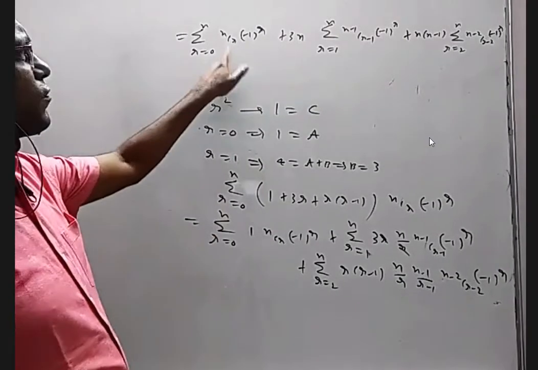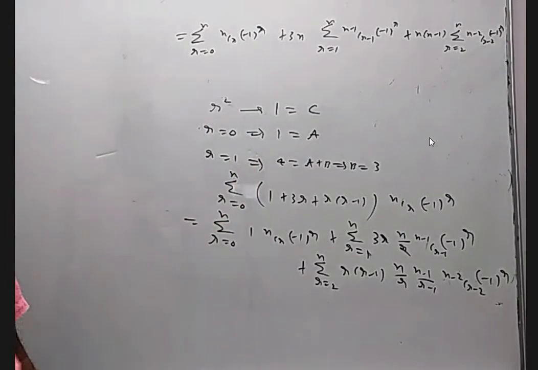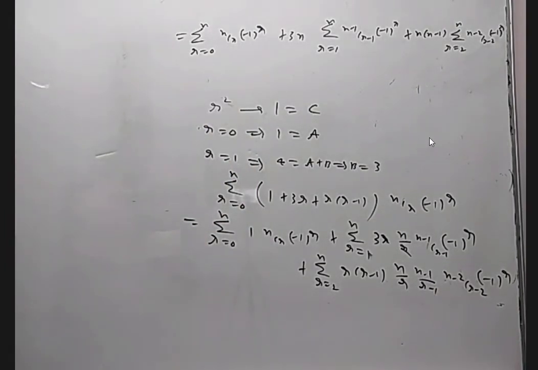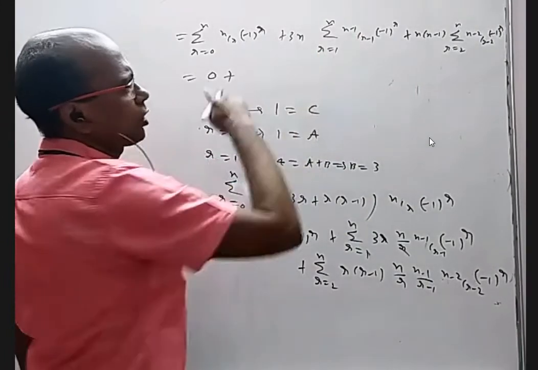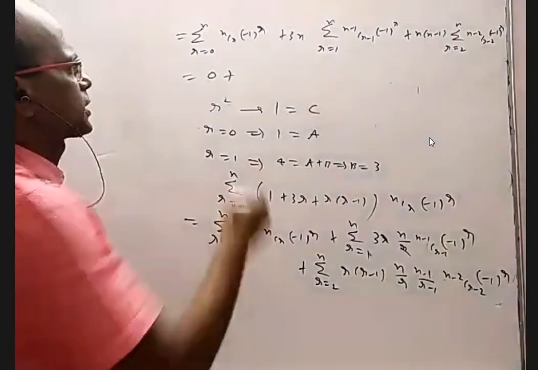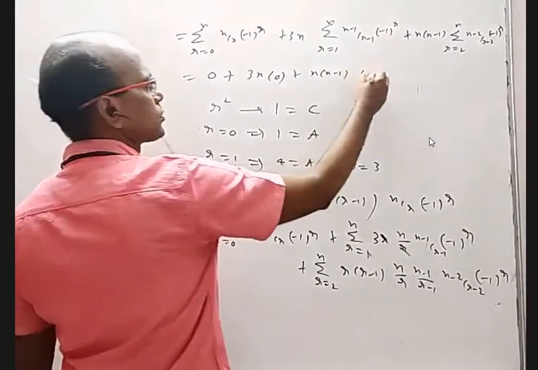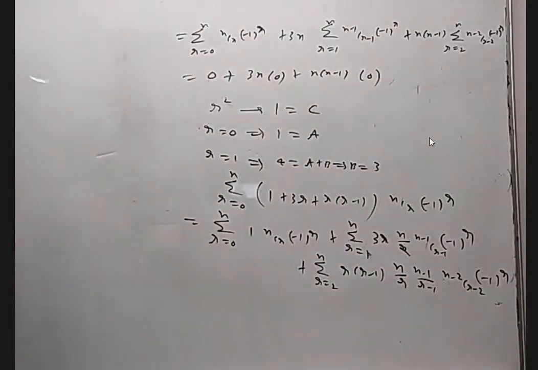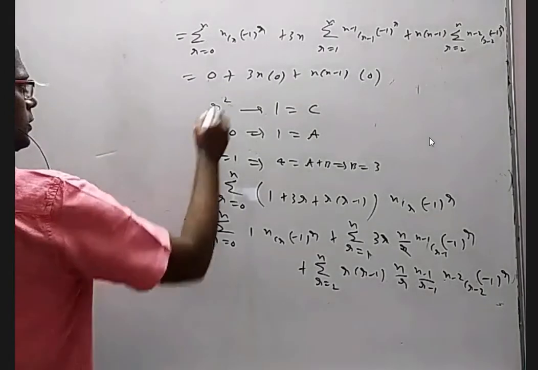Now, if you expand this, you'll get all the binomials of n, NC0, NC1, NC2, NC3, but alternatively plus minus. If you get all the binomials of NCR, but alternative plus minus, what is the answer? 0. So, this is 0. Here also, if you expand, you'll get all the binomials of n minus 1, C0, n minus 1, C1, n minus 1, C2, everything alternative plus minus. So, that is also 0. n into n minus 1, even that is also 0. I'll discuss another method, but this one.